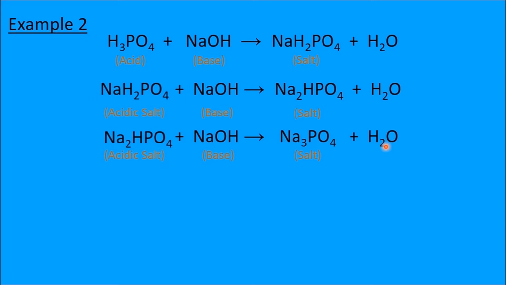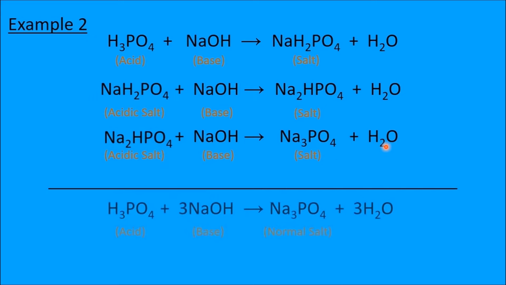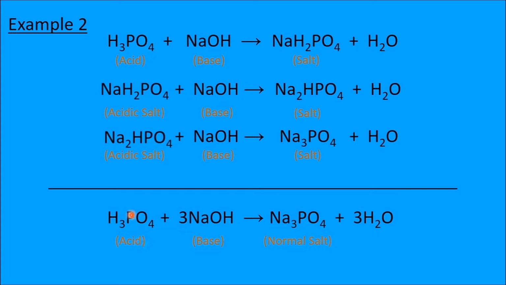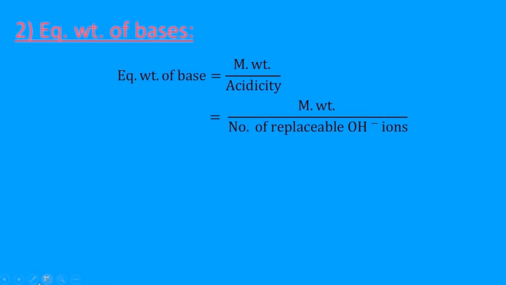Okay, so we add all that. Here cancel this one, NaH2PO4, this NaH2PO4, this NaH2PO4. What do we get in the expression? This only. So just check the previous chart of oxalic acid and phosphorus acid, and identify which is a normal salt and which is an acidic salt. We are discussing the lesson stoichiometry, the types of concentration.